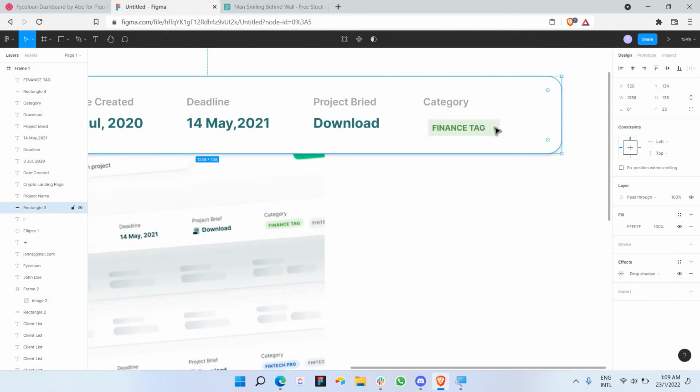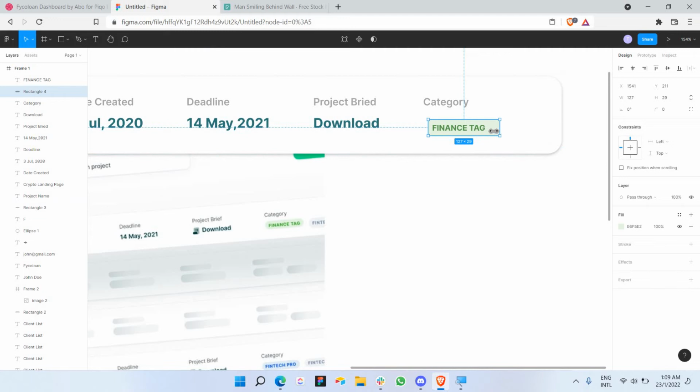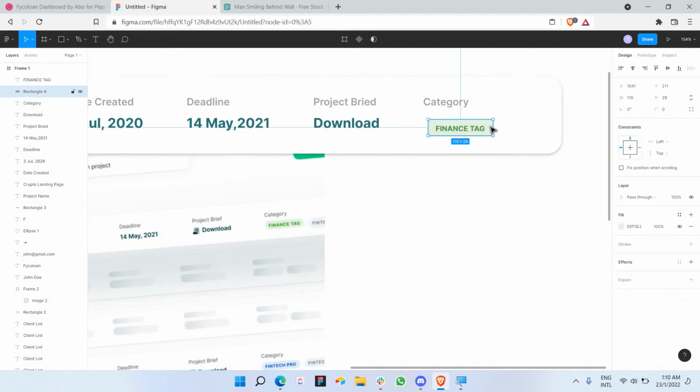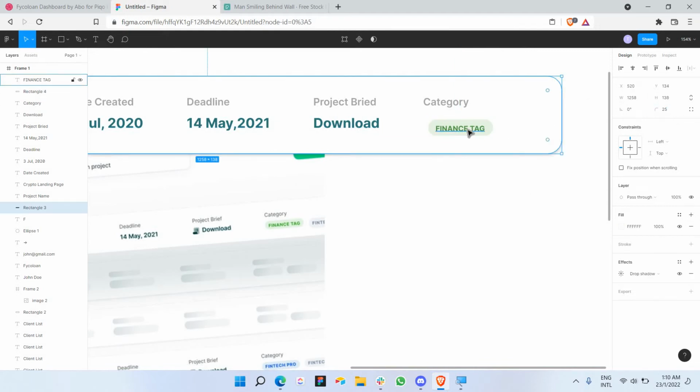And we need to make the corners rounded, so let's reduce the size a bit more to 13. Make it center and click on the background here, and you're gonna make it about 10, and let's give it more because it's just okay. There you go, you have the tag here,